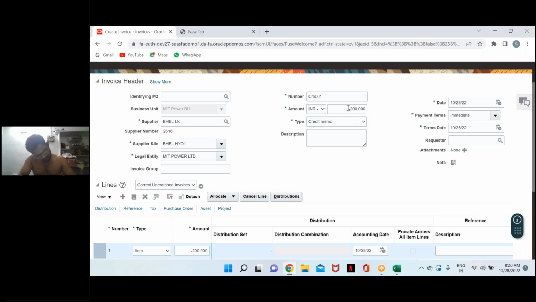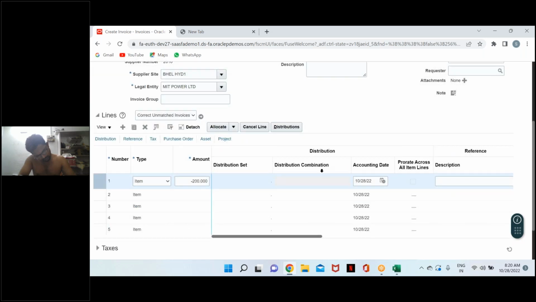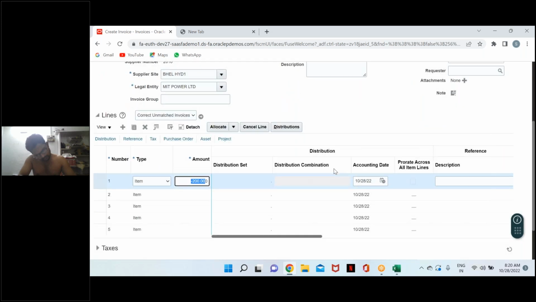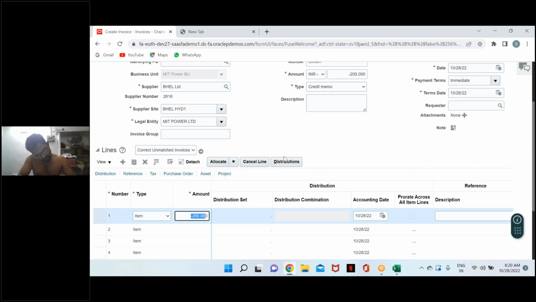Right, I just adjusted the invoice amount because I had matched this invoice while correcting. I had given a 200, so that is the reason I updated the invoice header amount as well. Right, you guys know, right,